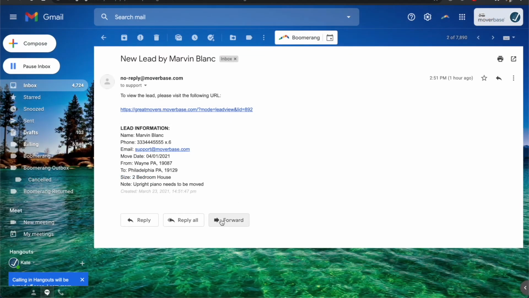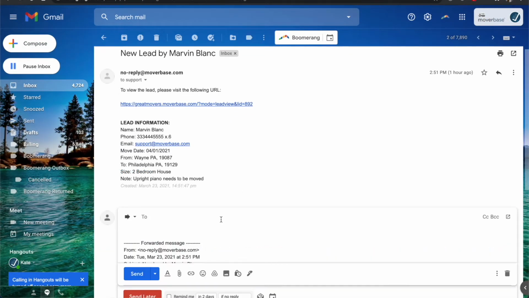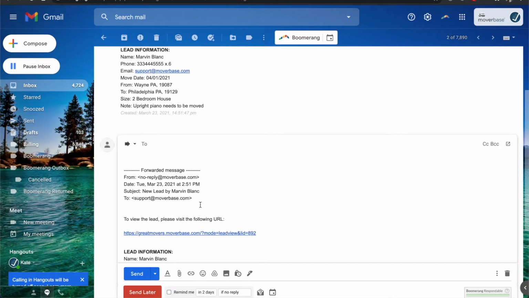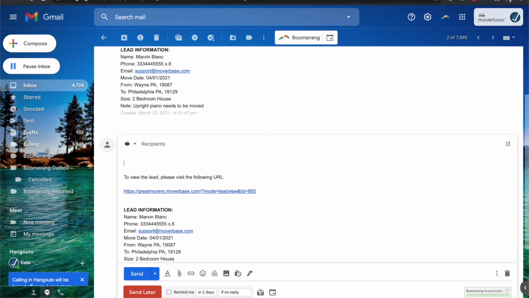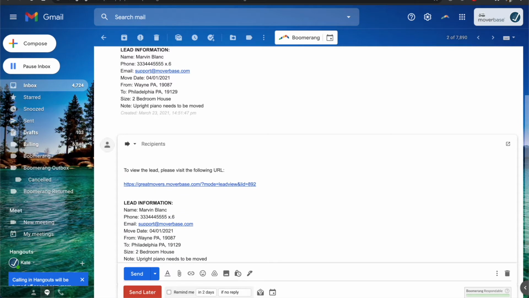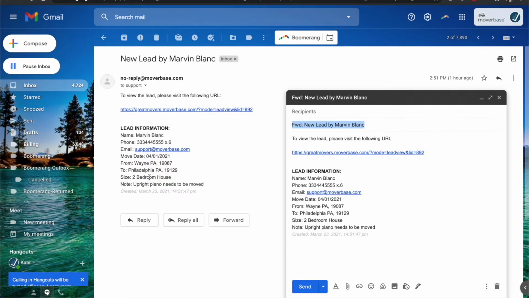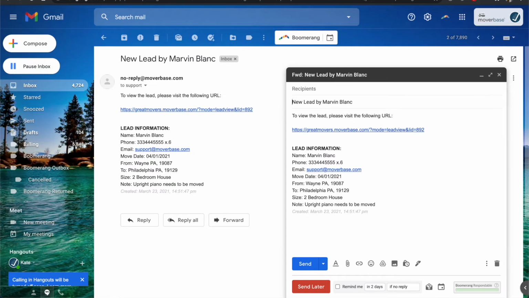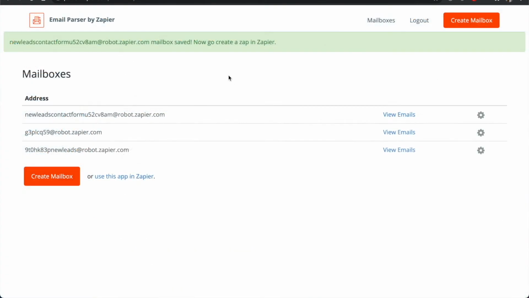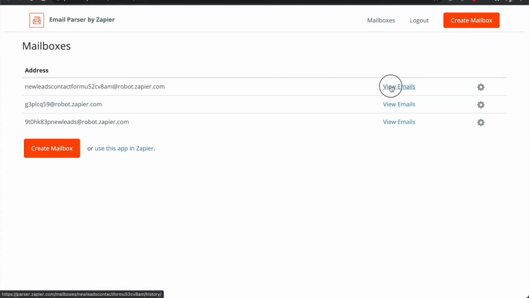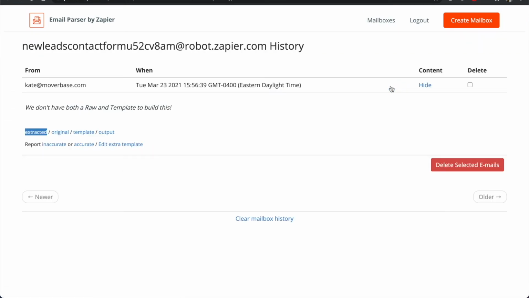Next, what you're going to need to do is send an email to this inbox. So if you have an email that you want to try it out with, what you can do is forward this email to your new inbox. Just be sure to delete all of the extra stuff that gets added on to forwarded emails, including the forward in the subject line. Now, going back to your email parser, you'll see that you have a new email